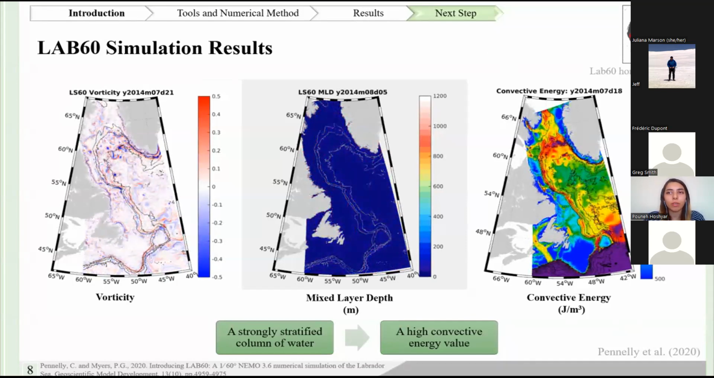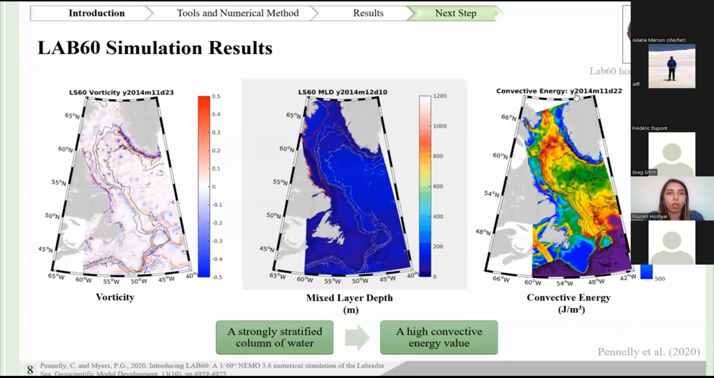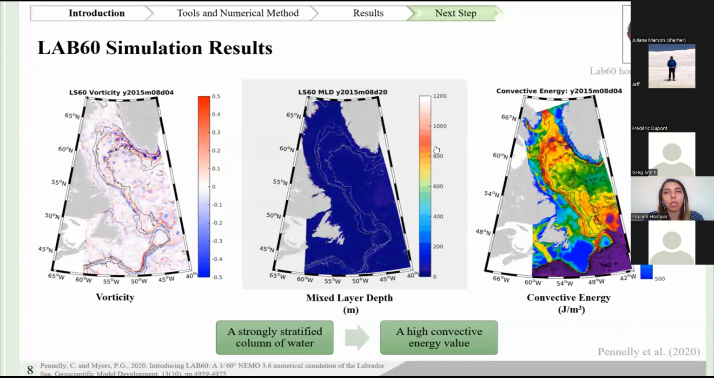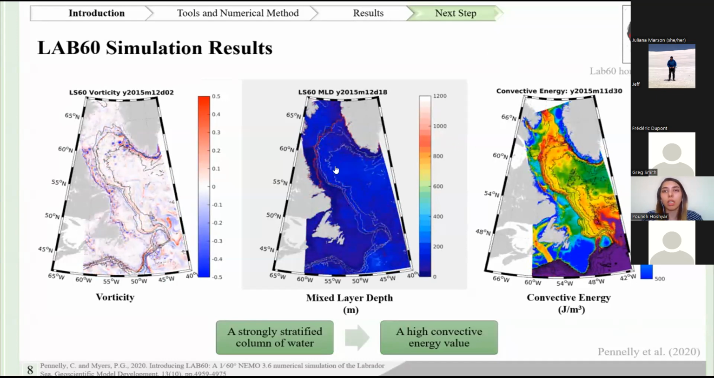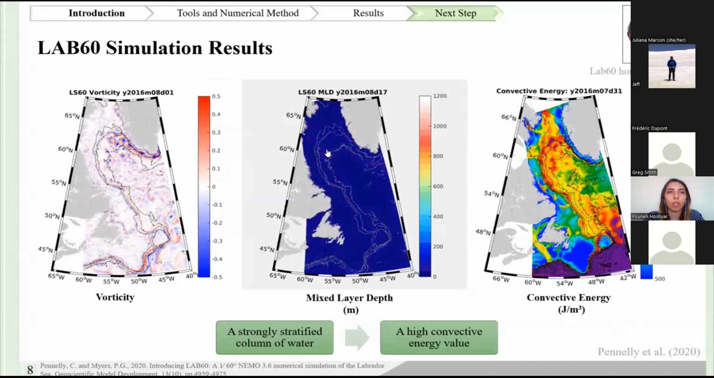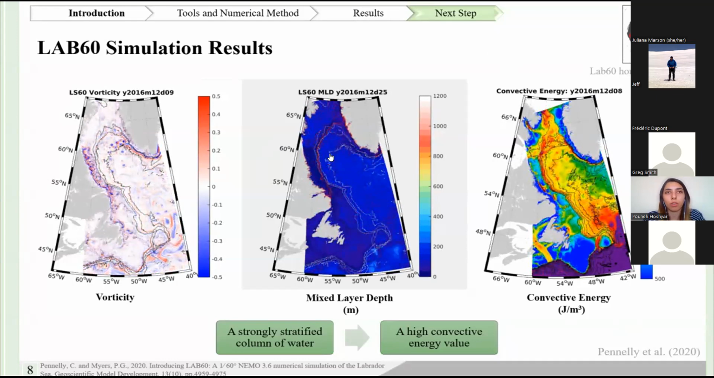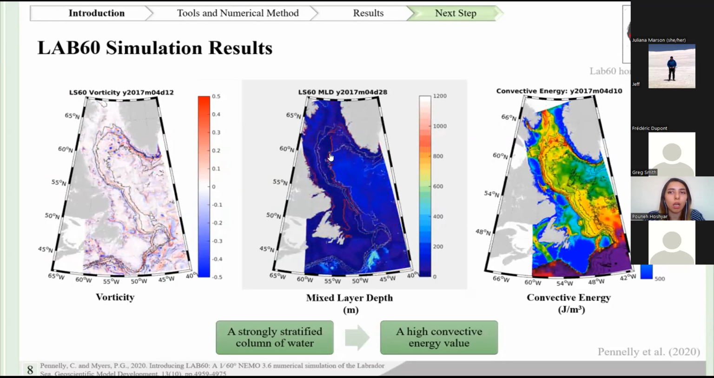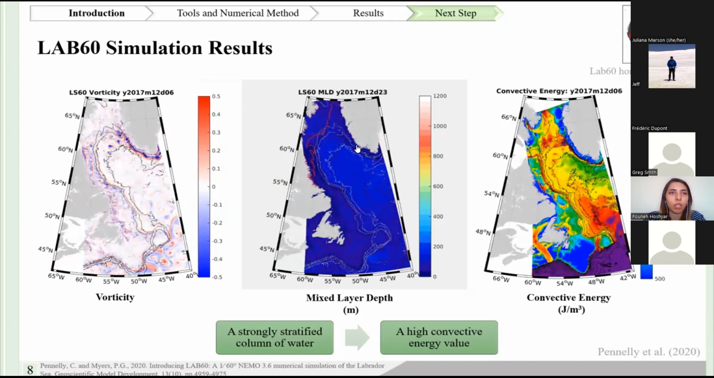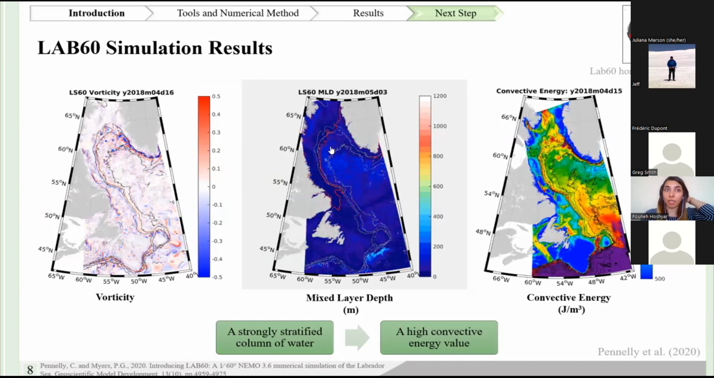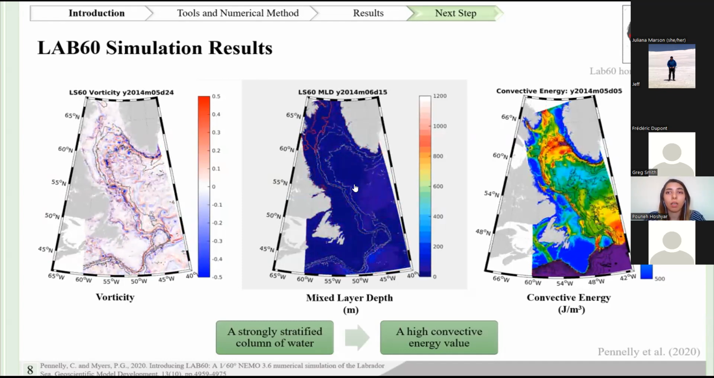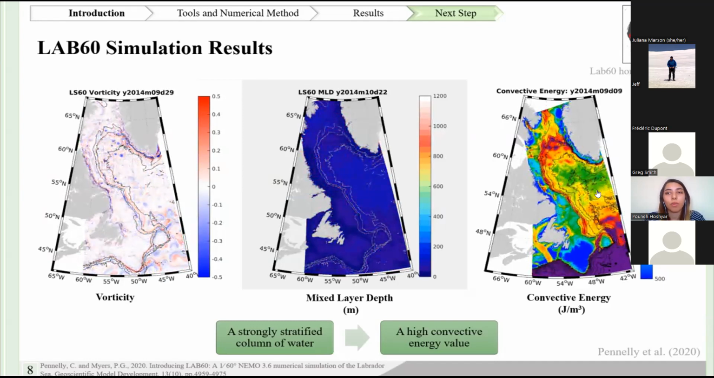A strongly stratified column of water corresponds to high convective energy values. And the thing that I should mention here is that the deep mixed layer in the first years, 2014 to 2016, it's clear that we have deep convection here. Let's start it again. In 2014, it would be clear then. Yeah. And the convective energy movie shows that